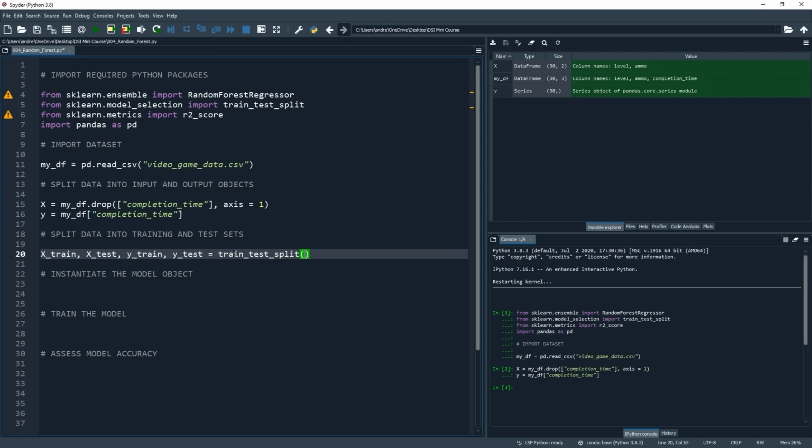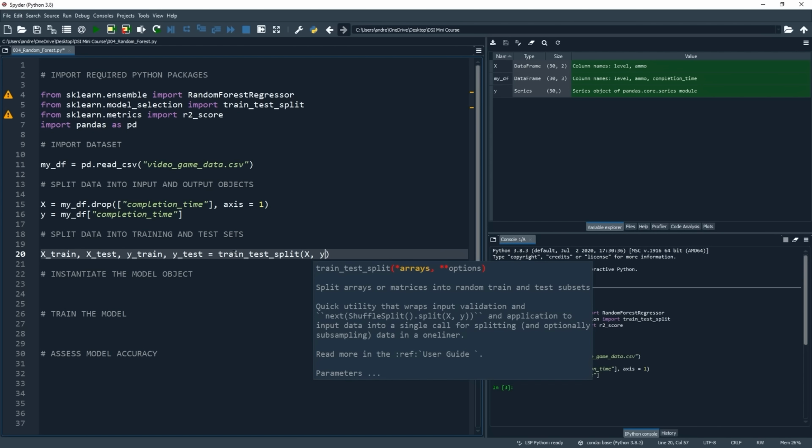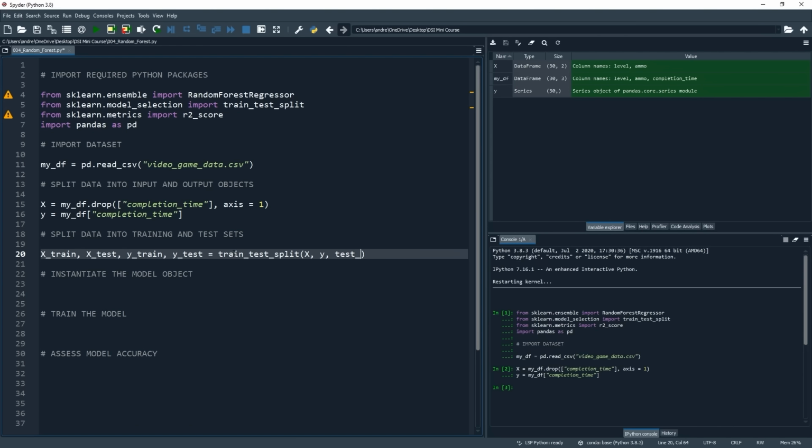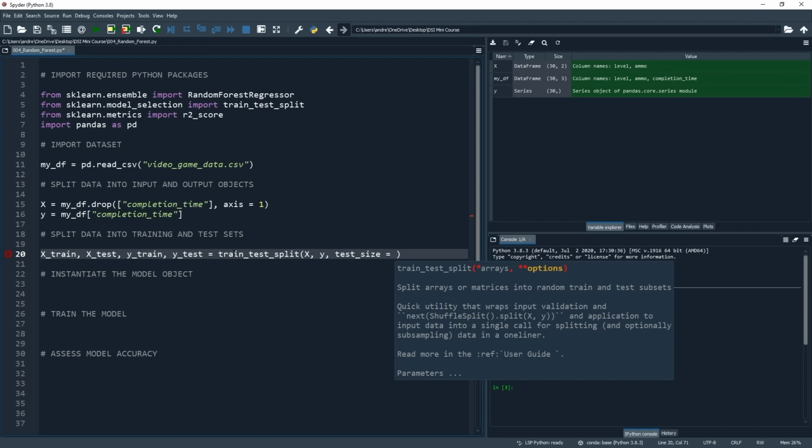Within the parentheses, we are going to pass the x object and then the y object. After another comma, we're going to specify how much data we want to go into the test set. And we do that using a parameter called test_size. And here, let's set that equal to 0.2, which will mean that 20% of our data will go into the test set and the other 80% will be used for training our model.